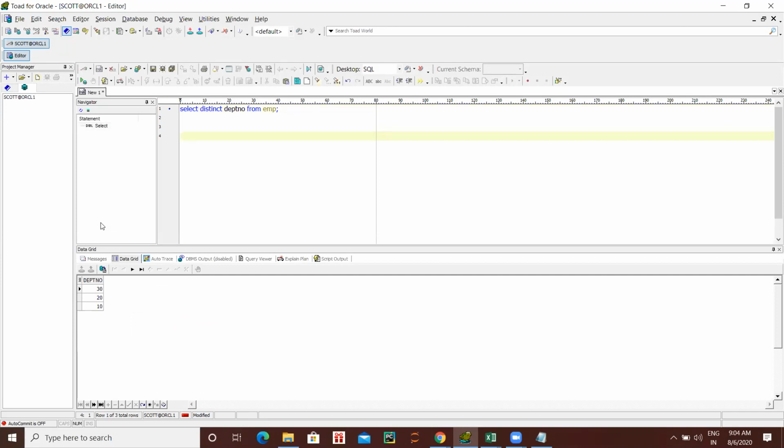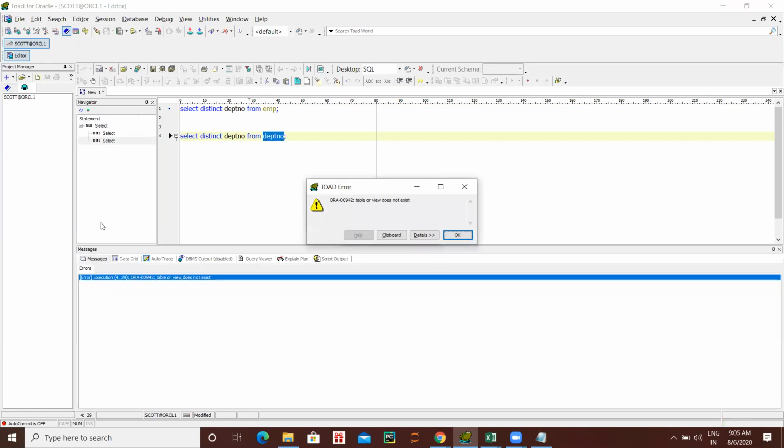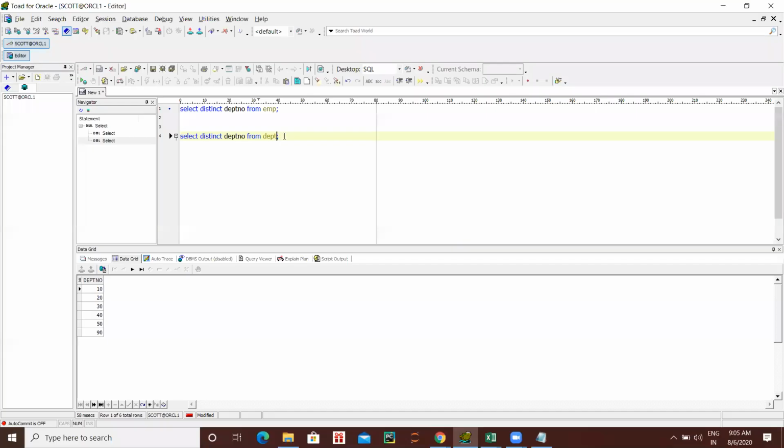Select distinct department number from the department table, from DPT. So here, if you see, in the employee table we have 10, 20, 30, but in the department table we have so many others, 40, 50, 90 also.